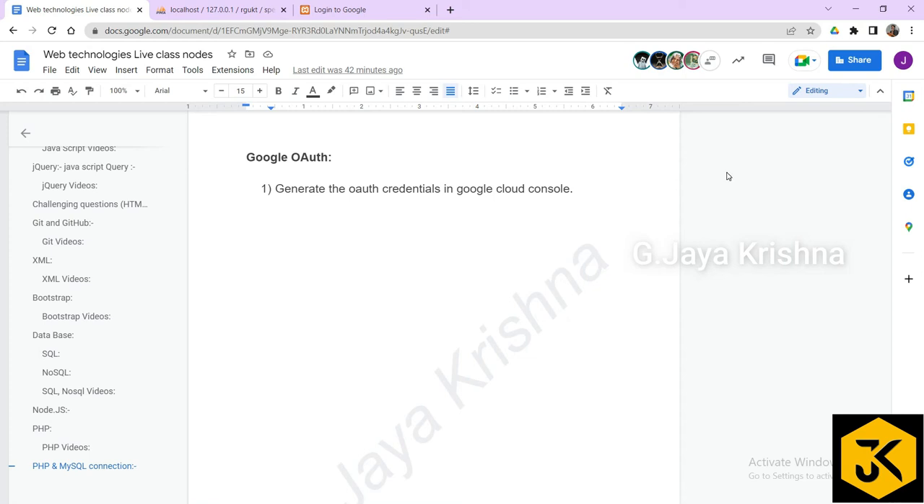Hi everyone. In the previous session, we saw how to generate credentials. If you would like to generate credentials, you have to go to the Google Cloud Console. You have to generate those credentials before using them for Google OAuth. Okay, fine. Now,